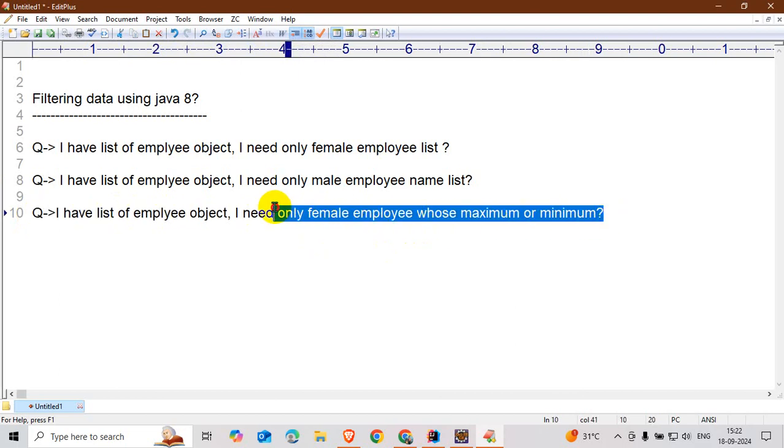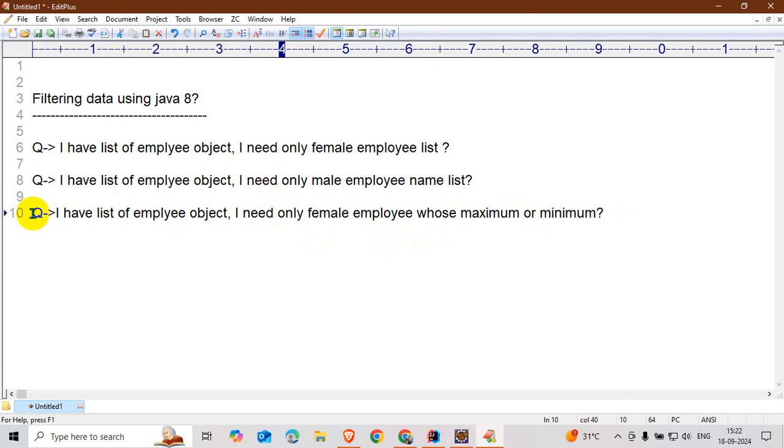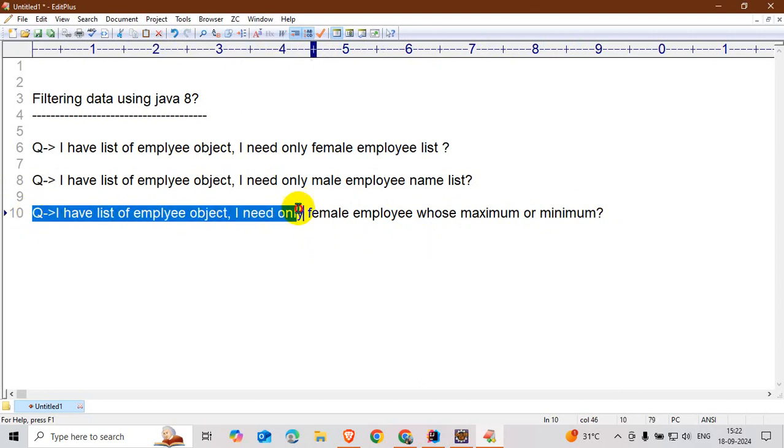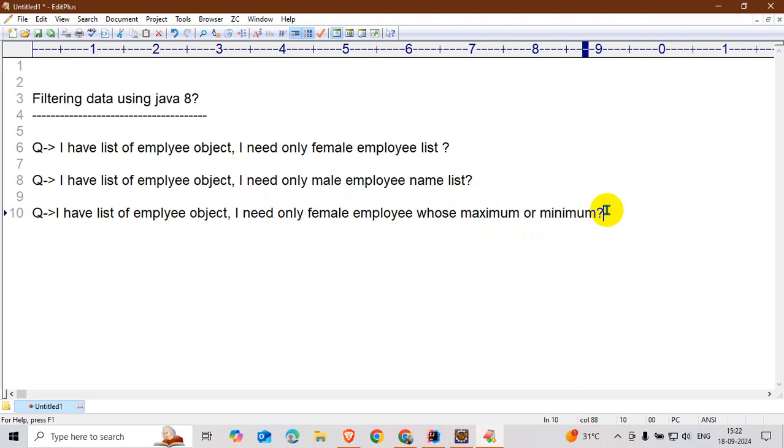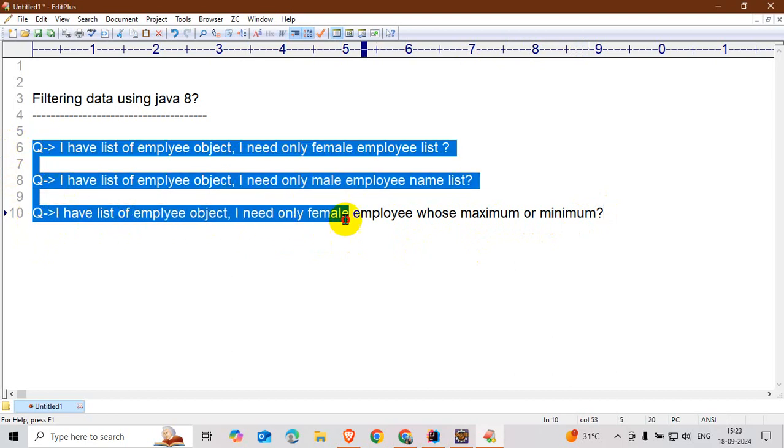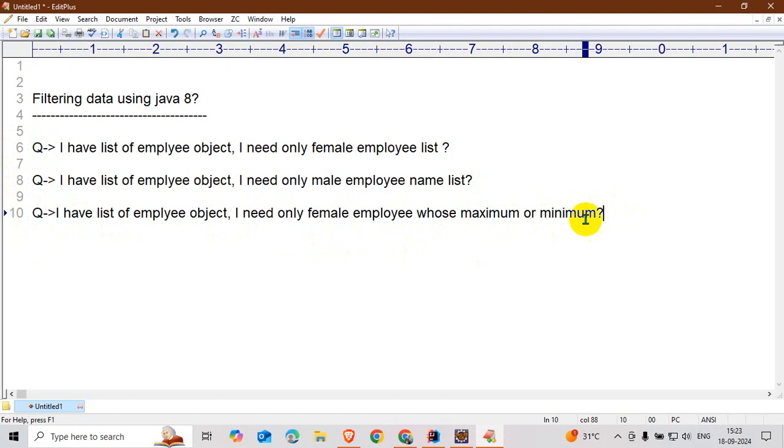This type of question is asked in interviews. So without losing time, I can explain how to solve this type of problem with the help of Java 8 features using the filter method.